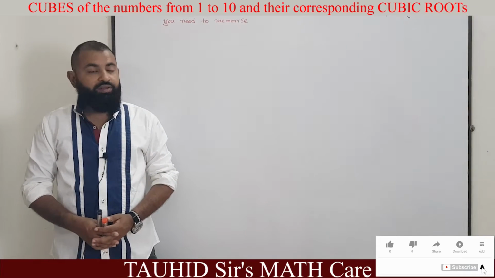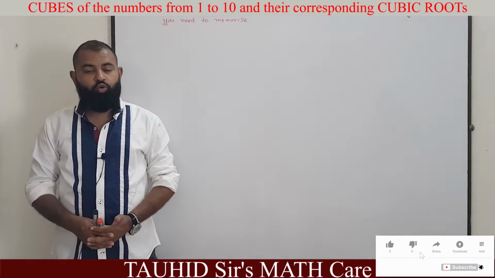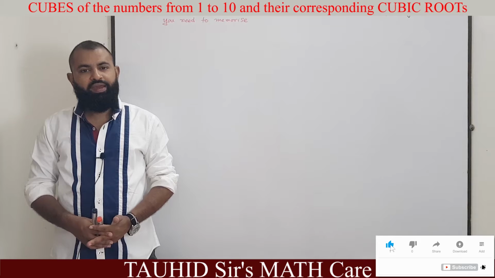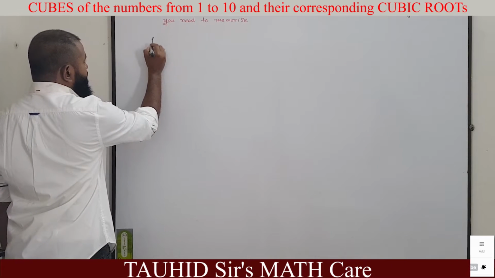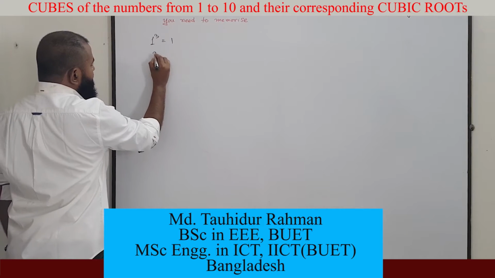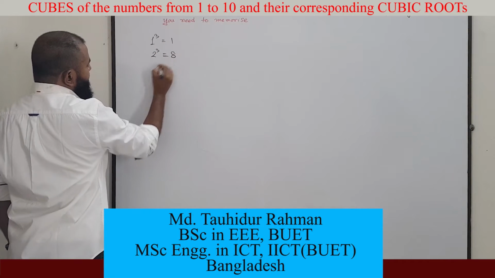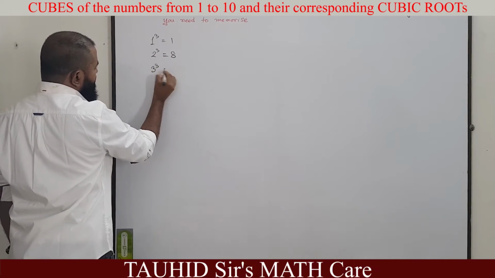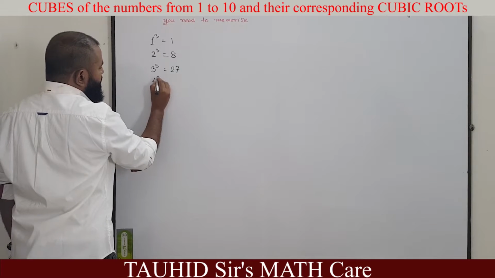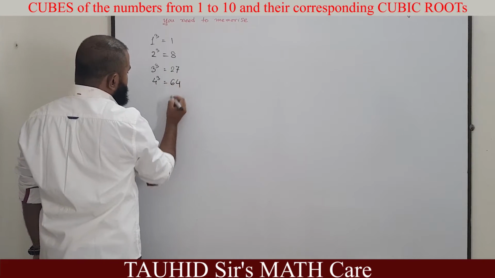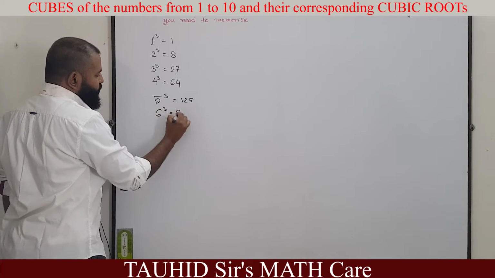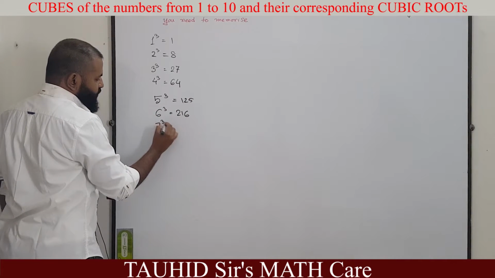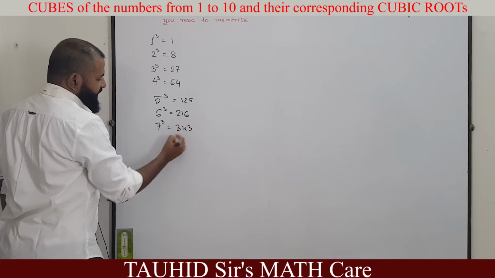Cambridge suggests that you need to memorize the cube of 1 to 10 and their corresponding cubic roots. So let's learn them. 1 cube equal to 1, 2 cube equal to 8, 3 cube equal to 27, 4 cube equal to 64, 5 cube equal to 125, 6 cube equal to 216, 7 cube equal to 343, 8